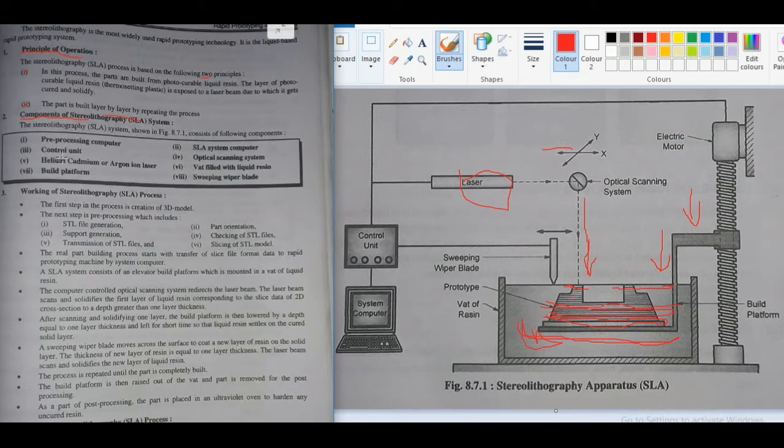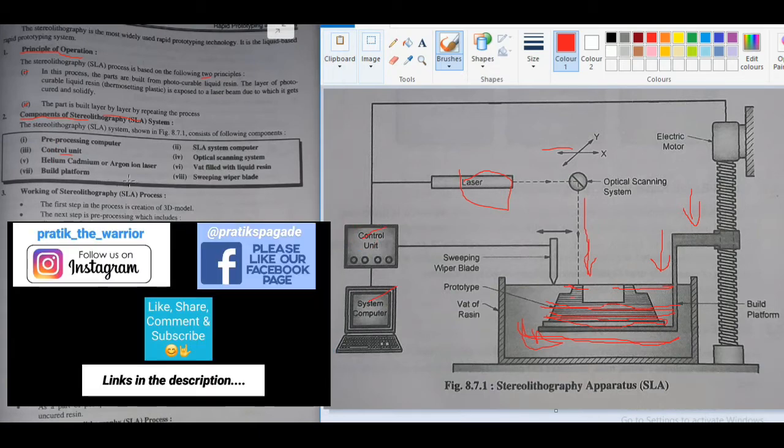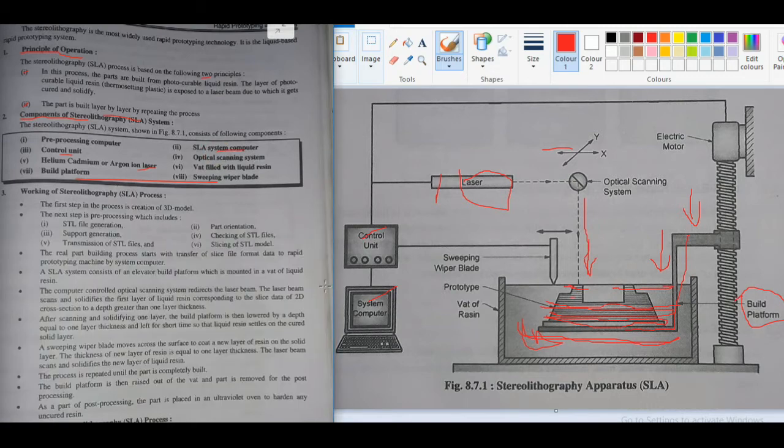Pre-processing computer, that is this one, then control unit, helium cadmium or argon ion laser, build platform, as we have seen previously, SLA system computer, optical scanning system, then vat filled with liquid resin, that is container, and here inside this it is liquid resin.